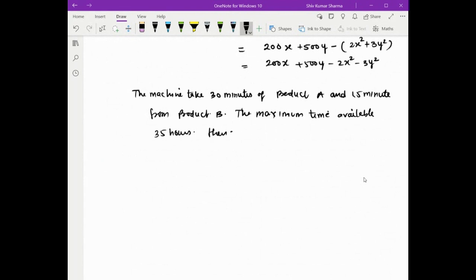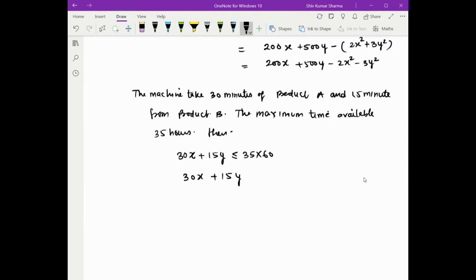So the constraints we make: the first product takes 30 minutes, that means X type products, X quantity produced takes 30 minutes, and the second takes 15 minutes, Y. The total time available is 35 hours. So we convert hours into minutes by multiplying by 60. So this converts into minutes. So in total we can write as